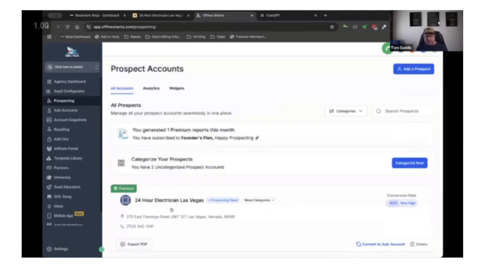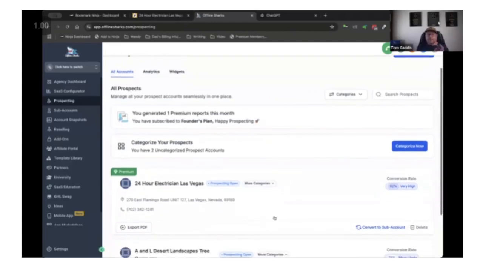See this? 24-hour electrician. Now, by the way, there is a free version of the prospecting tool, or you can upgrade for more features and more results and things like that. But you can do this with the free version that's already inside your High Level account, especially this method I'm showing you, where you find a business and just put them directly into the tool. That's one of the reasons I picked this to show you guys today, so you didn't have to spend anything extra if you didn't want to.